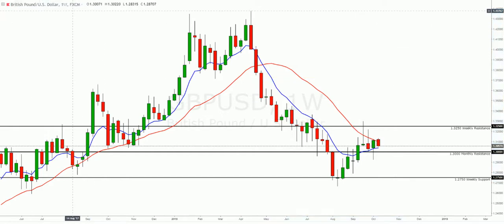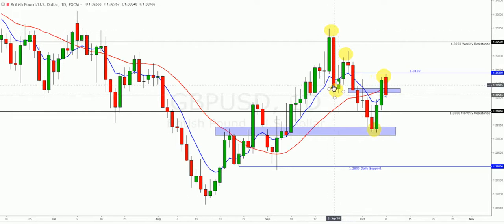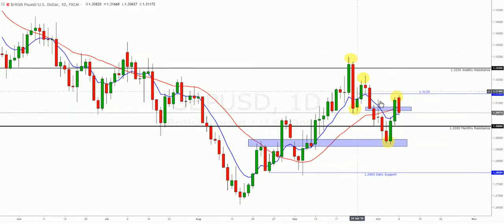So onto the daily time frame. See, price is still forming lower highs, lower lows. Last week came down to that crucial level of daily support, to around the 1.292, and then we had this big bullish engulfing which took us right back to moving average resistance. Now, this was following the moving averages crossing over to the downside,